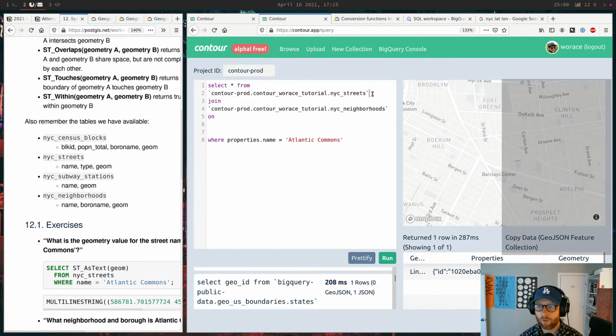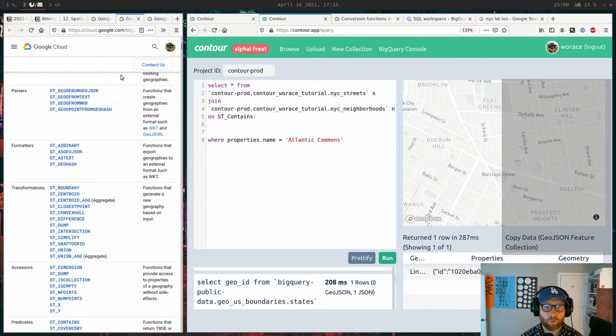Okay, so let's call this ST and let's do SQL style and we'll just do one letter variables. So streets S, join neighborhoods N on ST_Contains, which way, I don't know, I can't remember the order.